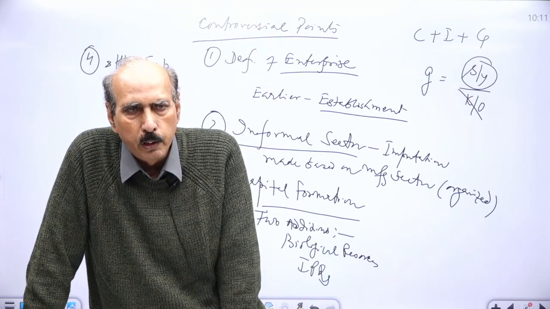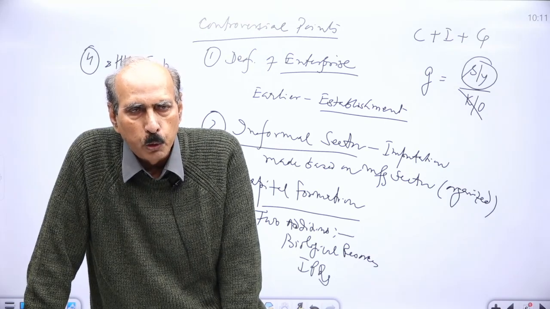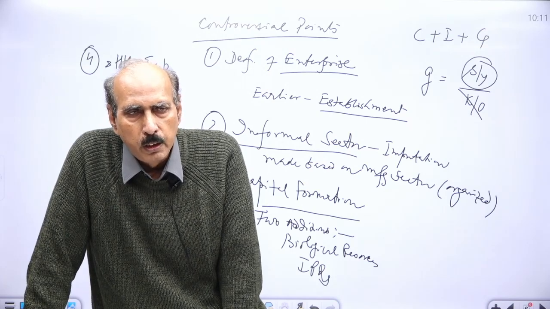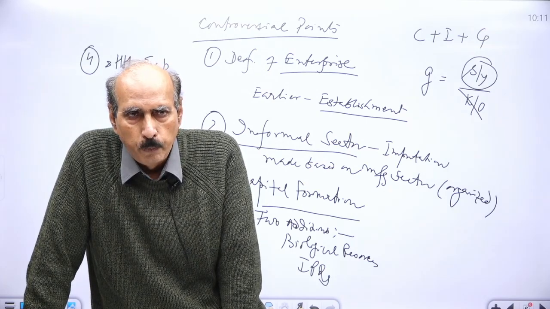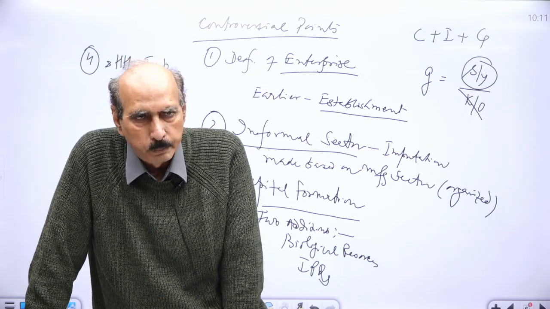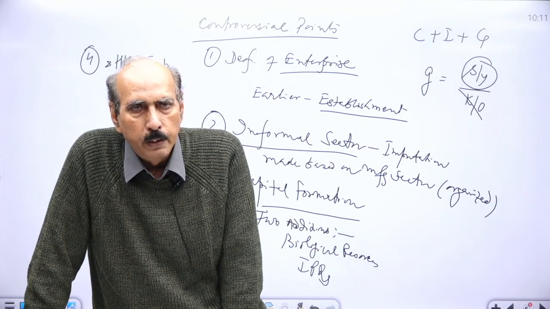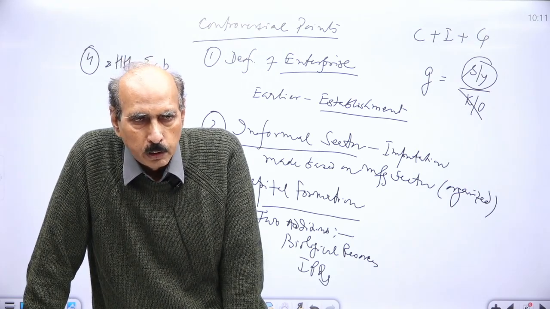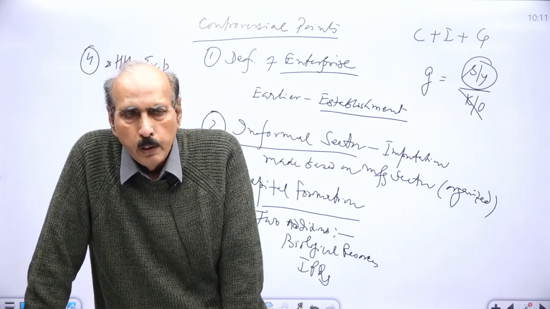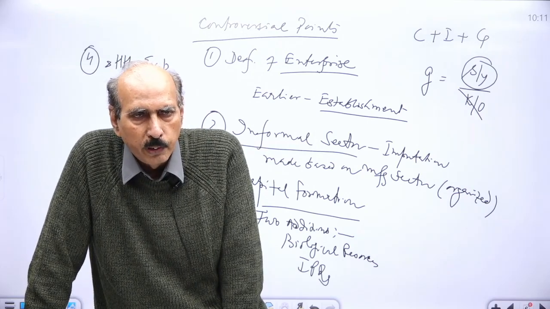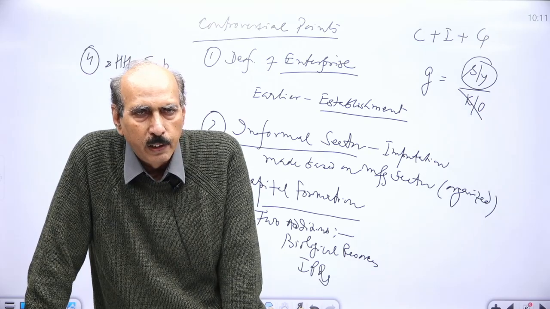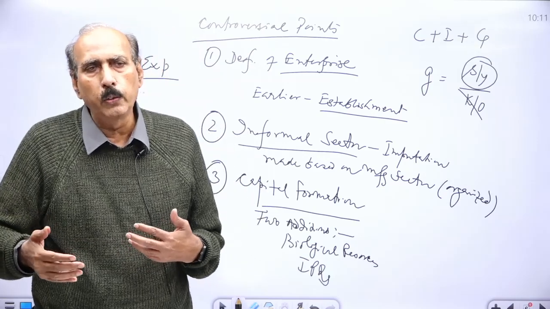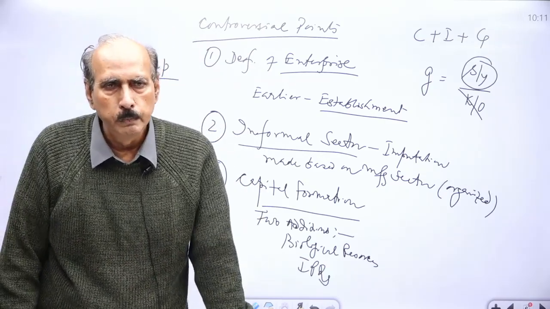Of course, government is investing huge money, no doubt. But despite that, the rate of capital formation is still only 30%, which was around 37% 10 years back. And 10 years back, our rate of growth was 8 to 9%. 2003-04 से लेके 2013-14 ये 10 साल का period is considered to be the golden period of economic history of India. During these 10 years, our rate of growth was 8 to 9% per annum.